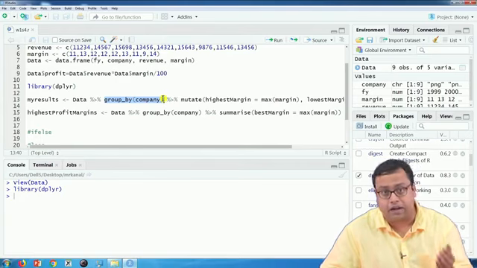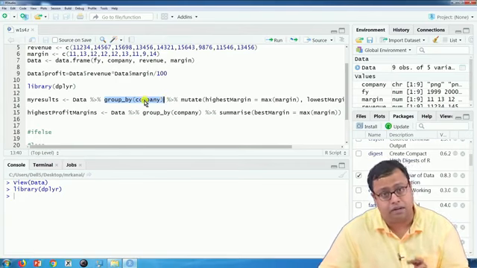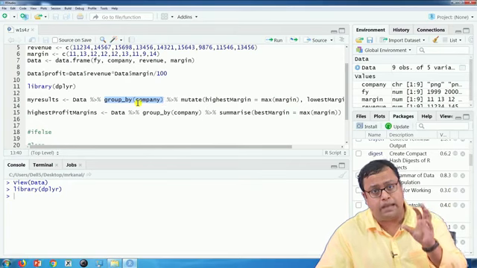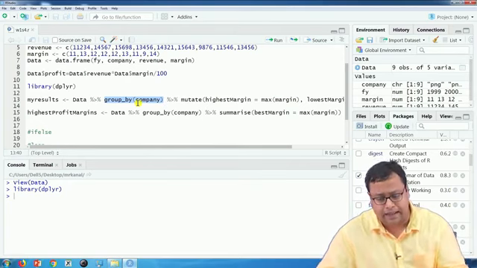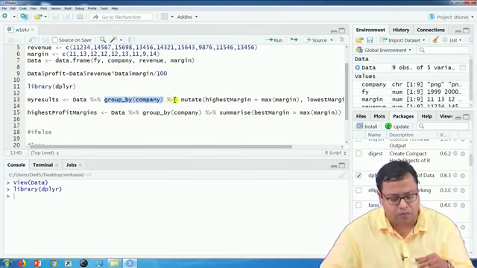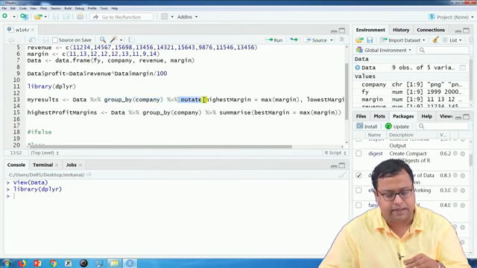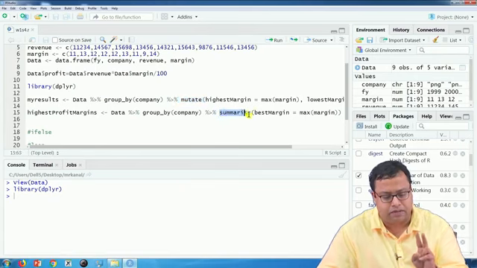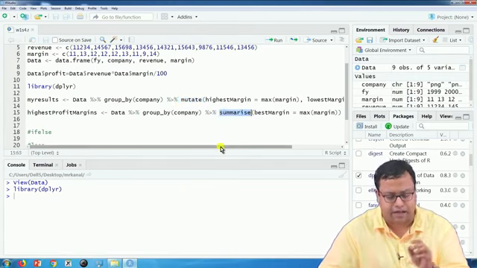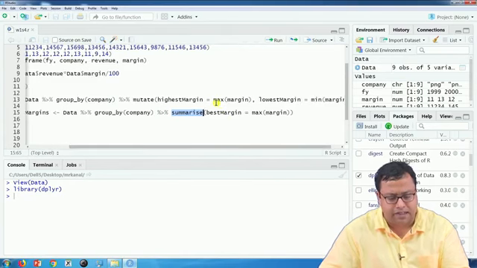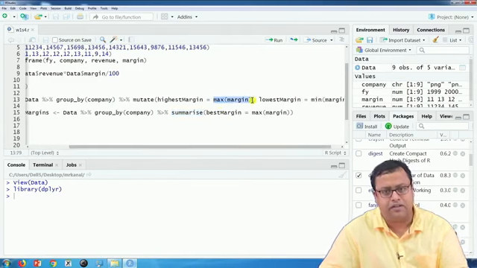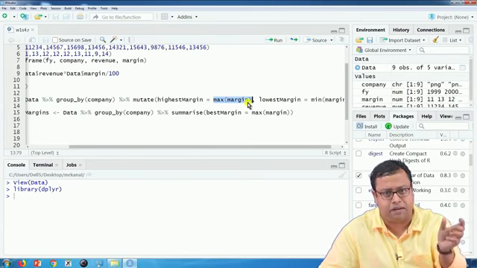So, for which is a categorical variable. Whatever you write here has to be categorical. So, group by company and then you mutate. There are two options, one is mutate and the other is summarize, and I will tell you what these things are. Mutate, highest margin is equal to max of margin, whatever is the margin, find out the maximum of that, put